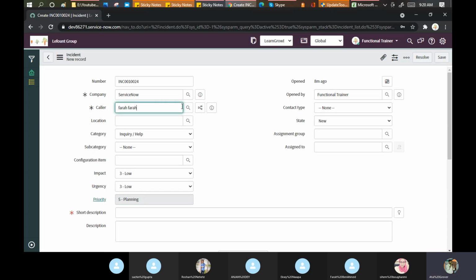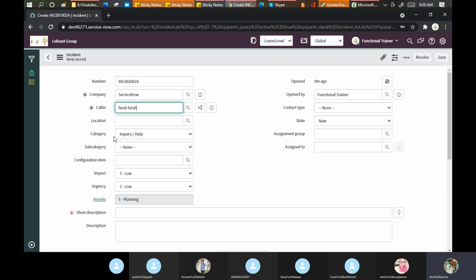In the same way, when you know these are the values which need to be stored because they have a lot of operations in the background, they are building your foundation data. I told you that company, caller, location, department are my foundation data. If any change happens in foundation data, my system can collapse.